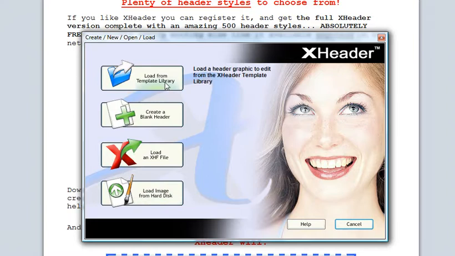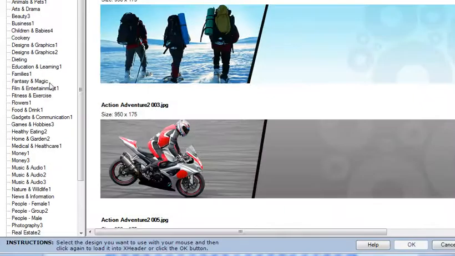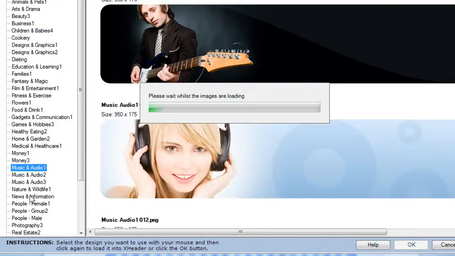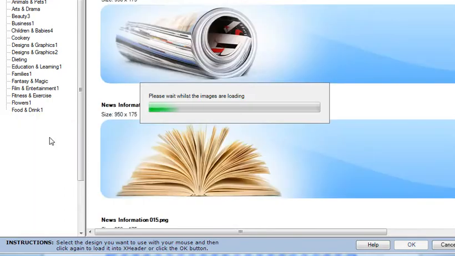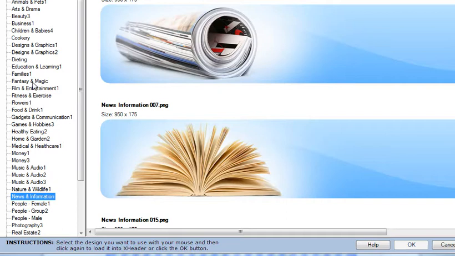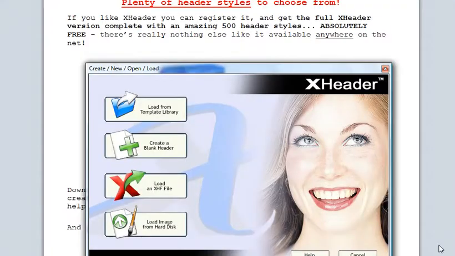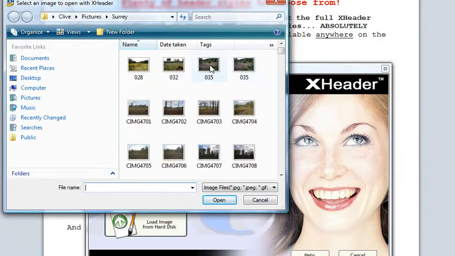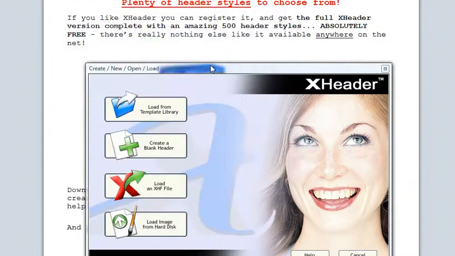I'll just briefly show you the library because it is very good, considering it's free especially. Here, down the left, are a whole range of niches, and you can select any of these, and as you see, you'll have a selection of very good professional looking graphics which you can customize. Anyway, we're not going to do that. We're going to load our own image from the hard disk. So here's my hard disk. I'm going to load this image,